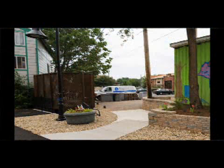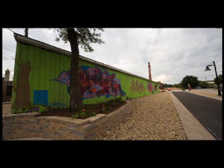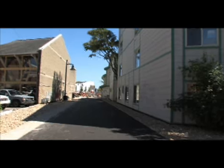We're making some interesting connections to private properties. We're working with Blooming Foods, where we constructed our trail connection to the private property line. They're going to be fixing up this connection as a means for trail users to get to and from Blooming Foods along the Beeline Trail. Also, the folks that run the Boomerang building have done some great creative artistic graffiti on the back of their building to blend with the not so creative graffiti that seems to be in certain areas of the